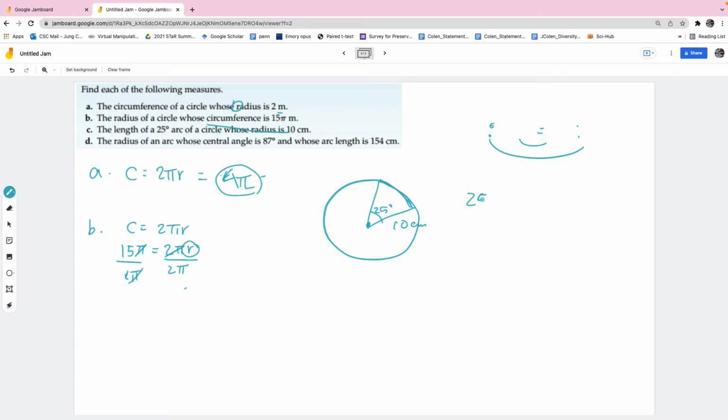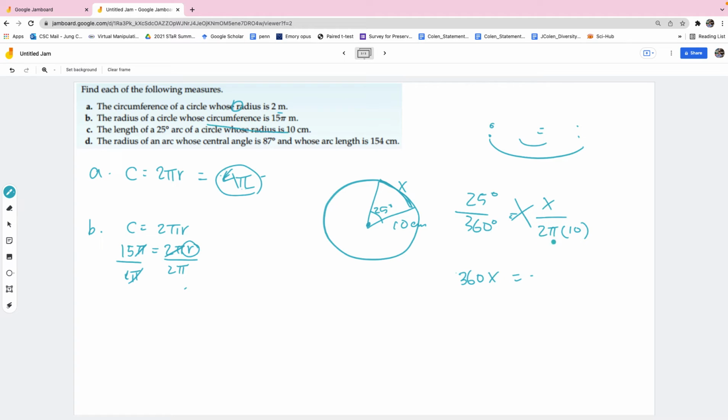So I see 25 degrees over 360 degrees, right? And for the 25 degrees, I don't know what the arc length is, so I can solve for that, x. But for 360 degrees, the length is 2 pi r, and r is 10, right? So 25 over 360, you can simplify already, or you can just do cross multiplication. So you have